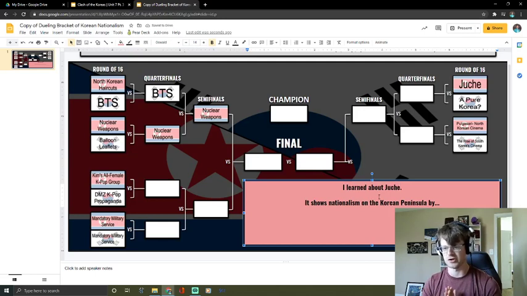Juche. I learned how to pronounce this, but I know I just butchered it. What you're going to then do is down below, where it says it shows nationalism on the Korean Peninsula by, write out an answer. A couple of sentences, 2-3 sentences, something like that, with some good detail. So once you do that, you'll turn in a copy of this slide. You'll go to File, download as a JPEG, turn it into Schoology, and that'll be the end of this